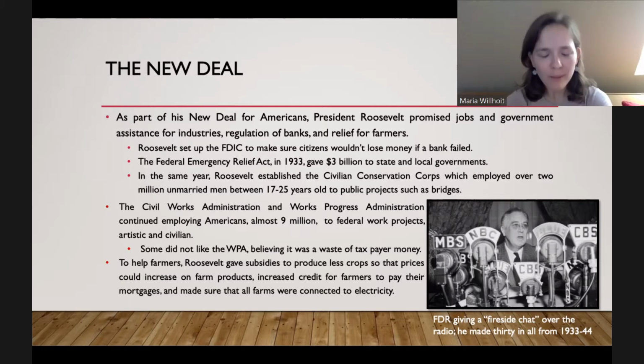Roosevelt also passed a Federal Emergency Relief Act. And this was kind of like what we had today with COVID. In 1933, he basically gave $3 billion to state and local governments. It was not a loan, it was here. Put this into your governments and try to prop up businesses and help citizens with unemployment. And 3 billion doesn't sound like a lot today, but it was a massive amount of money. I can't remember the last time the government spent that kind of money on anything. Maybe World War One.